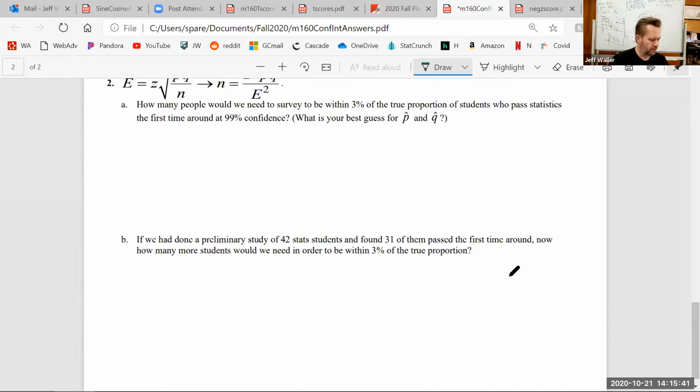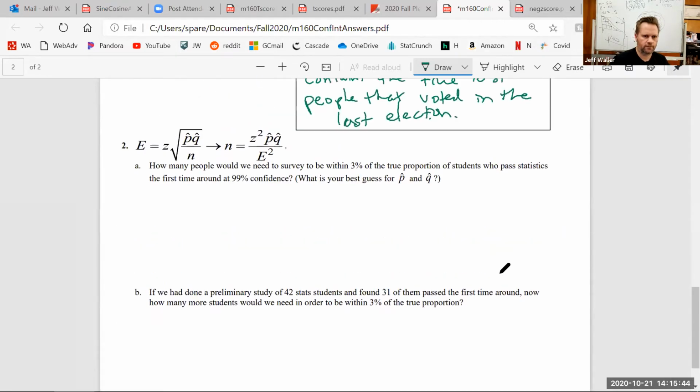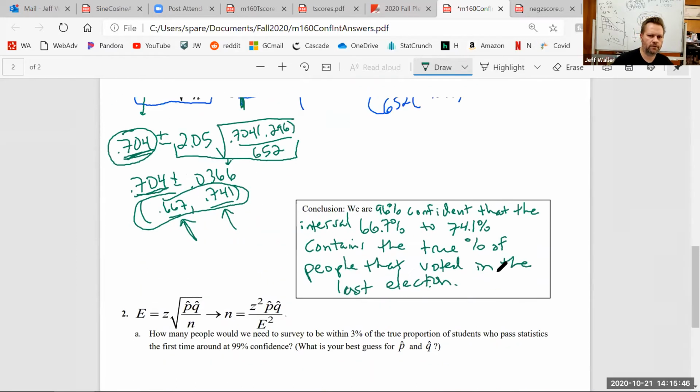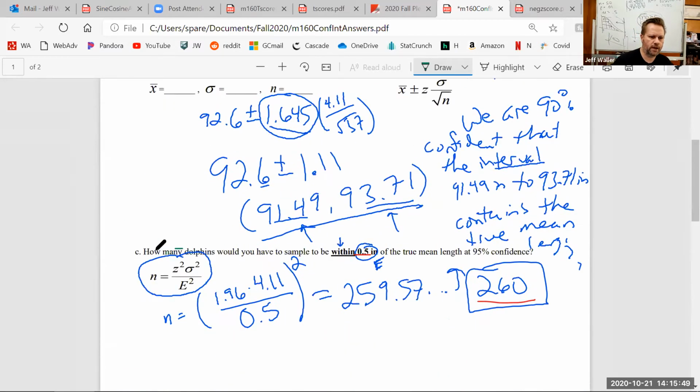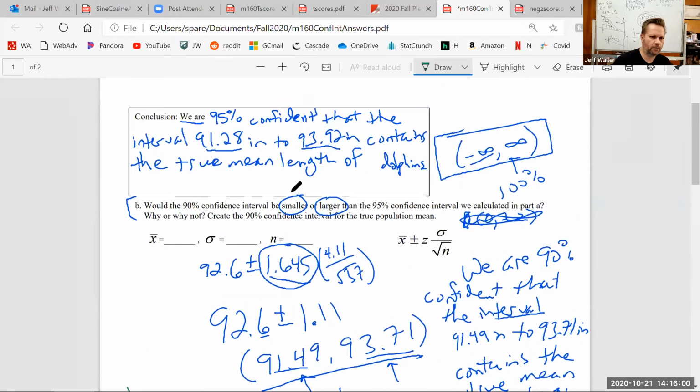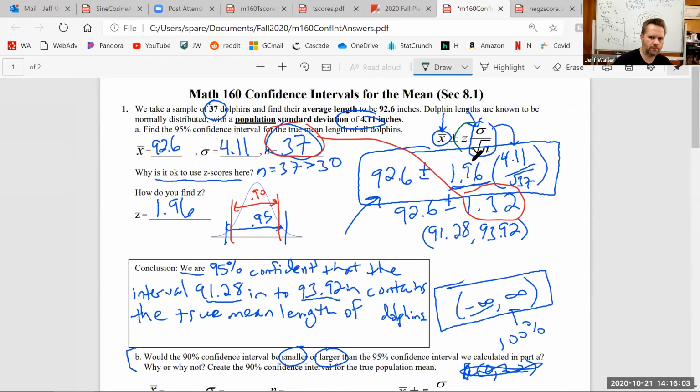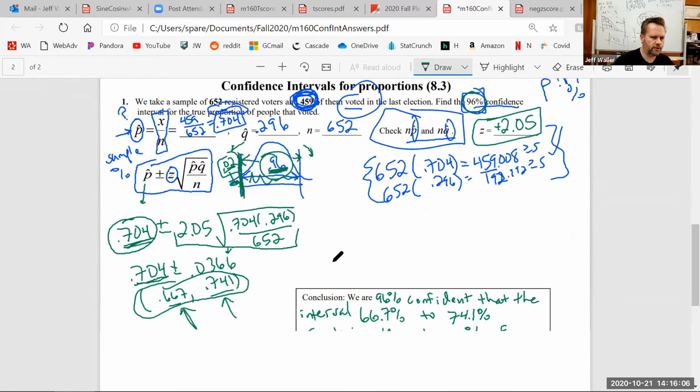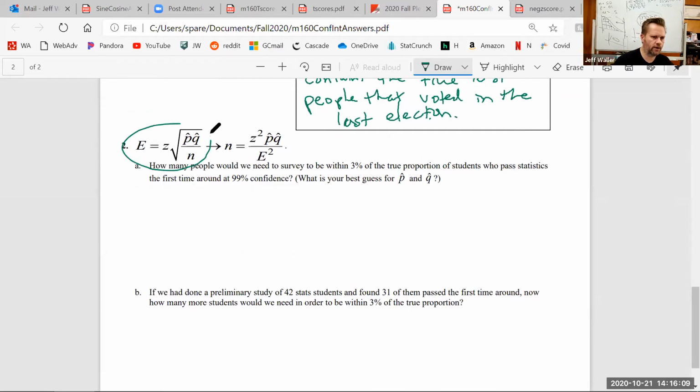All right, so here's where things get even more interesting. Do you guys remember last time? Let me bring this back up here. We did this problem with the dolphins, right? We actually created this formula, from the error part of the main formula. So we can do a very similar thing with this. Here's the error part of the percentage formula. If I solve this for n, I'll spare you that. Just use a bunch of good old algebra. Algebra saves us all the time. I will end up with this.